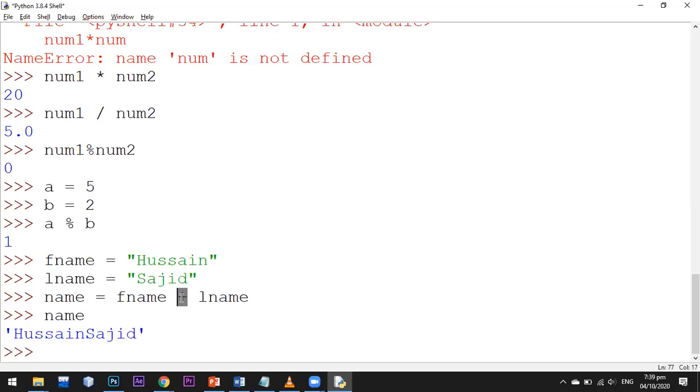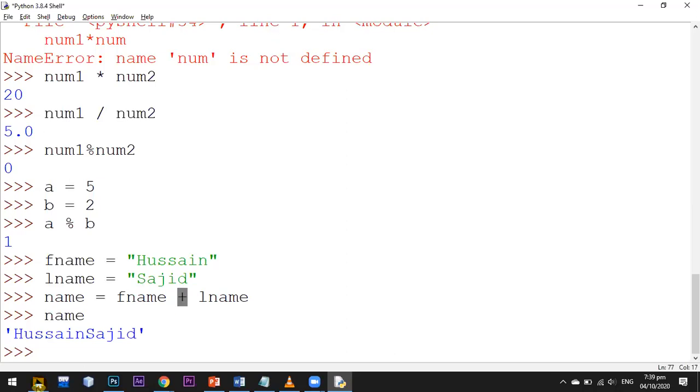But in Python, we don't have to specify the data types. It is an intelligent language, so it automatically detects the data type of the variables.